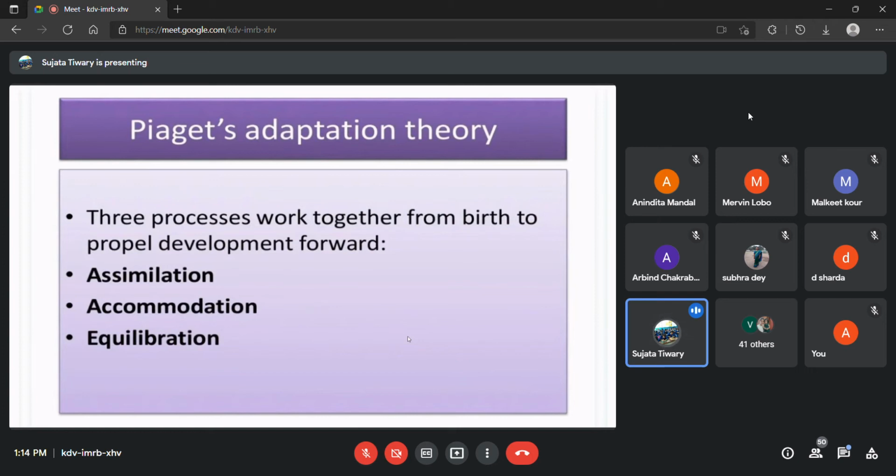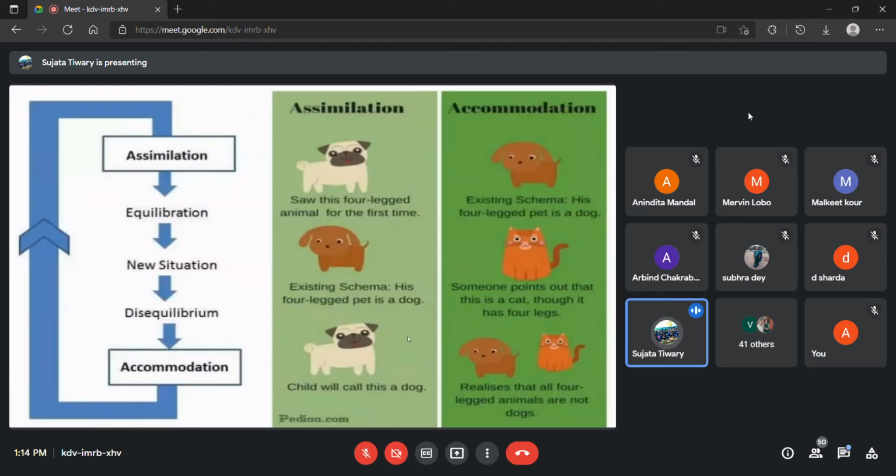Suppose a boy sees a beautiful girl. She is very kind, very pretty, always laughing and smiling. And one day the child sees that beautiful girl throwing stones at him. So his concept changed here. It is not adjusted with the previous knowledge. It is changed now, that this girl is not a good girl. That time this is accommodation, new learning is taking place: that not every good looking, pretty or smiley girl is a good girl. So that is equilibrium.